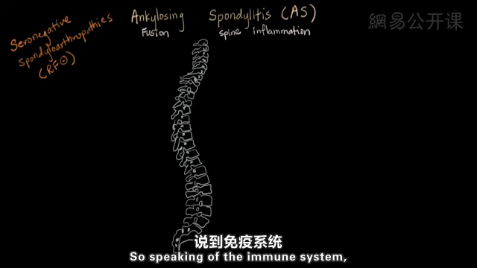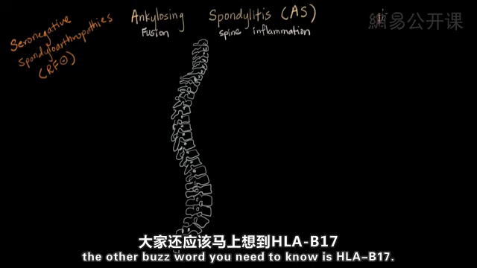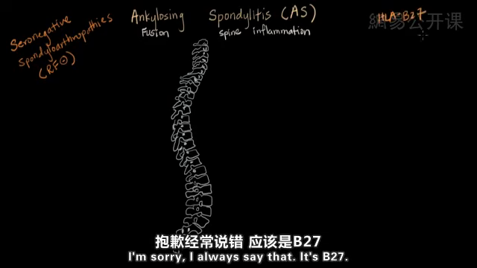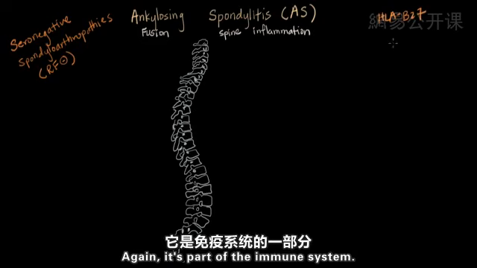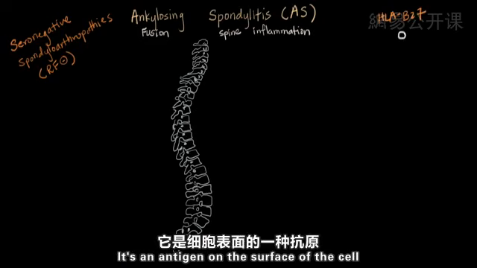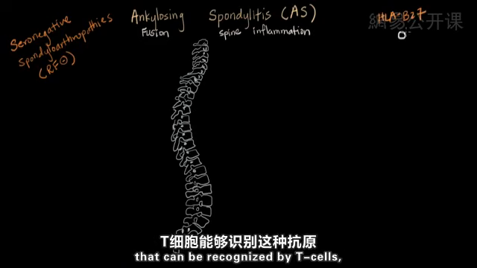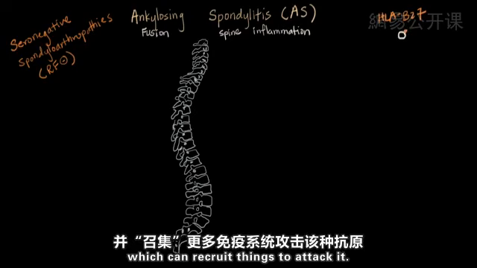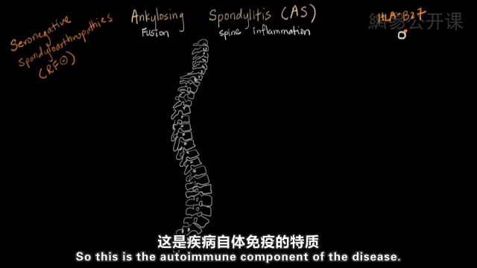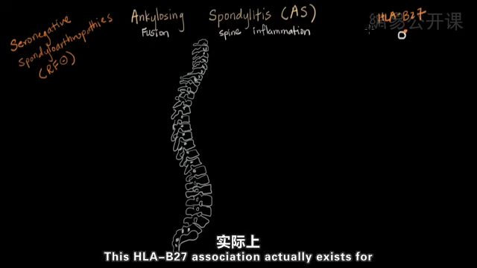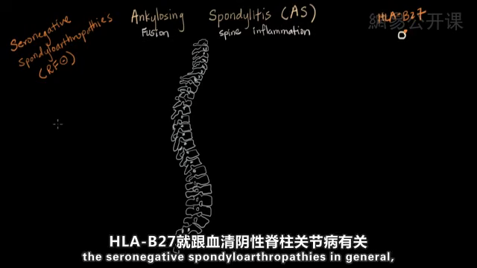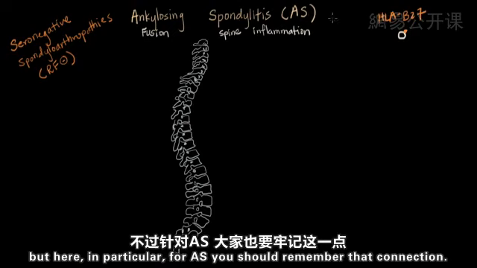So speaking of the immune system, the other buzzword you need to know is HLA-B17. I would say that it's B27. Again, it's part of the immune system. It's an antigen on the surface of the cell that can be recognized by T cells, which can recruit things to attack it. So this is the autoimmune component of the disease. This HLA-B27 association actually exists for the seronegative spondyloarthropathies in general, but here in particular for AS, you should remember